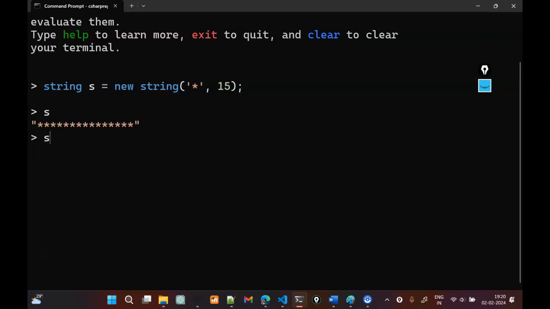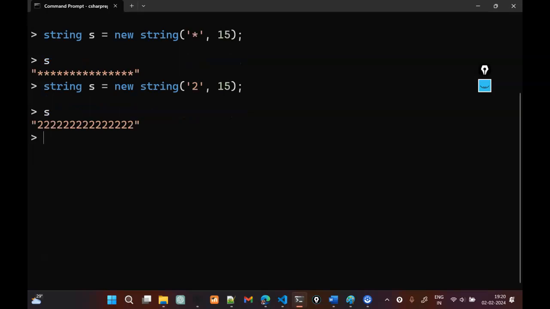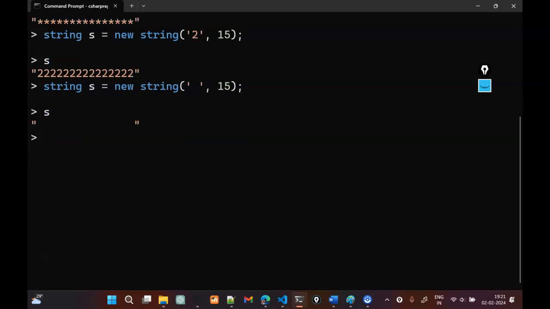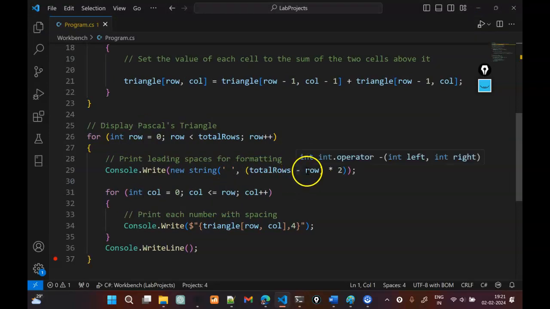If I happen to do it for something other than star, let's say 2, we will also get the same thing. But if I do it for a space, I might not be able to visualize it, but still it just prints a string with all empty spaces. So with this in mind, let's go to the actual code here